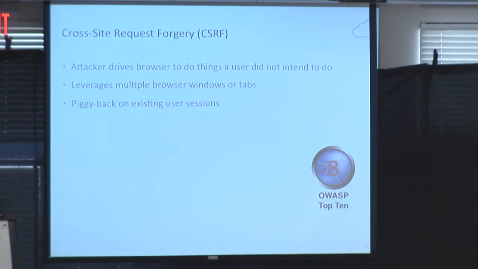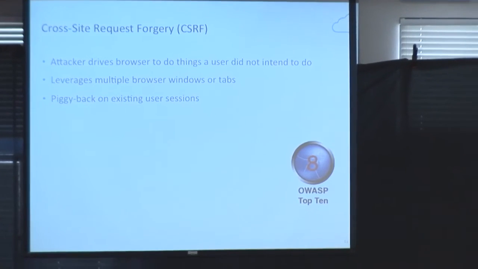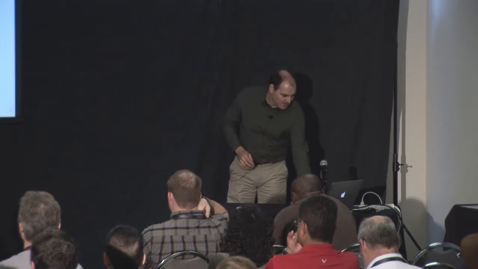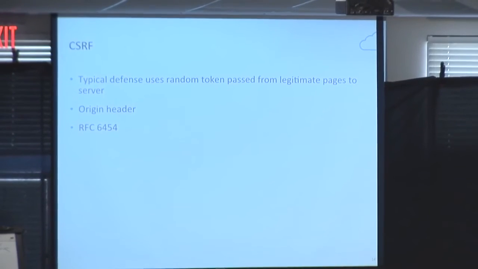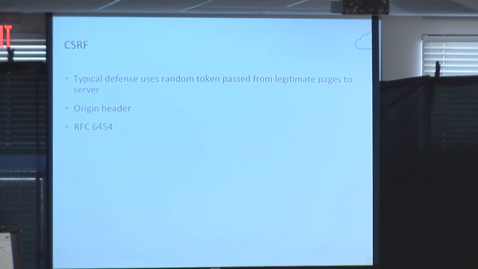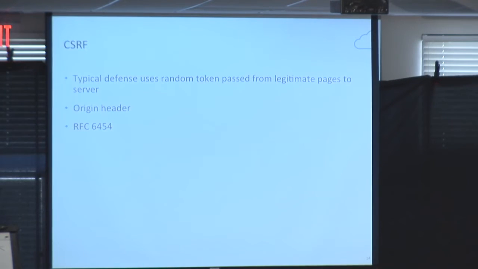And because I'm logged in at the same time, the browser will happily send along my cookie with my session on it, because that's the way that the webmail is going to track sessions. And unless the webmail server has some protection saying that only its requests should be honored, it'll let the malicious page send that delete account over, and I won't even know it happened. This is typically handled using a random token, something that would be embedded and sent along with the request, either something random or an HMAC. And then the server verifies that only sites that have that token are making legitimate requests, and all their requests